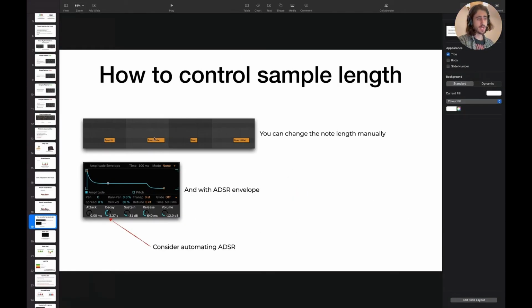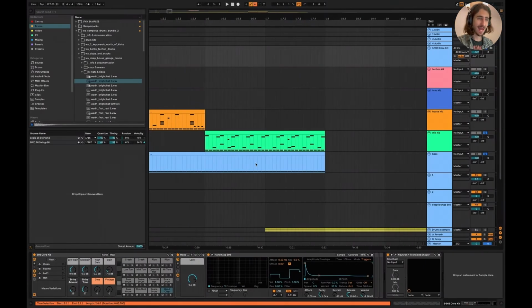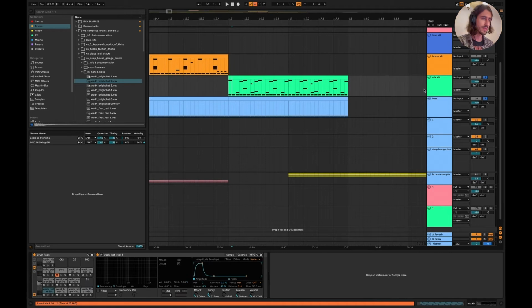And then here are a couple of tips on how you can do that. You can change the note length manually, or you can change that with the ADSR envelope, and you can also automate the ADSR envelope, and you're going to see how much that is going to affect the grooves. Let me show you an example,